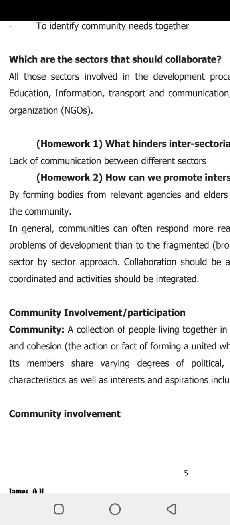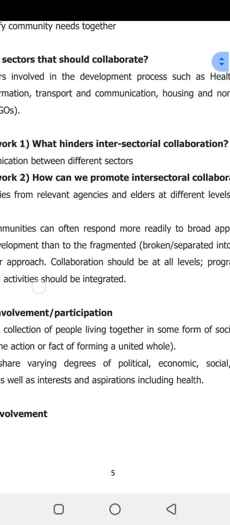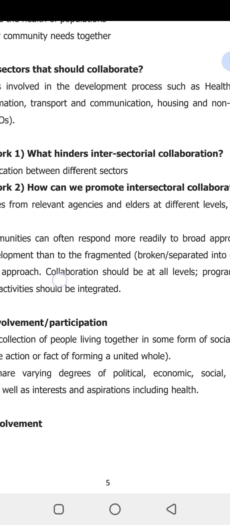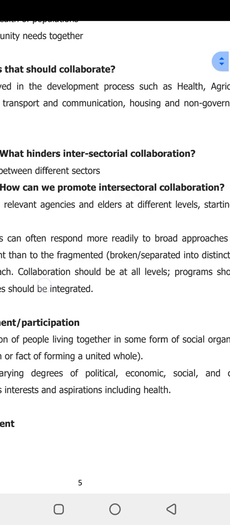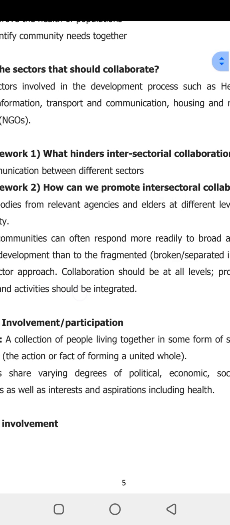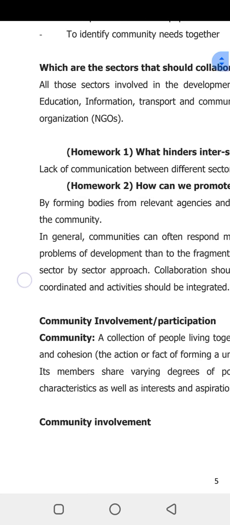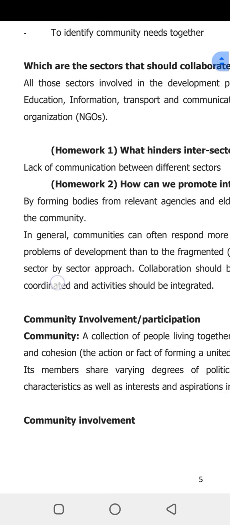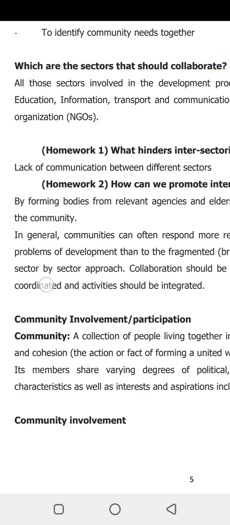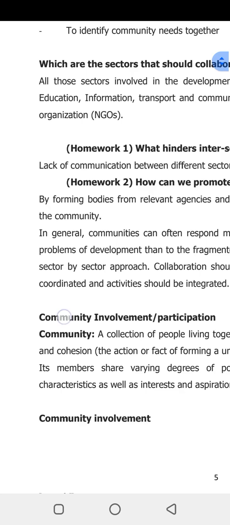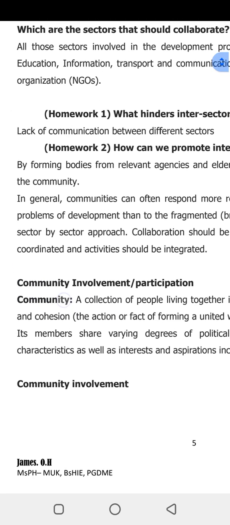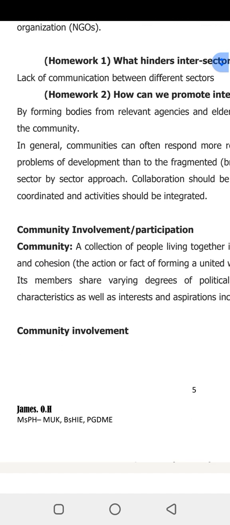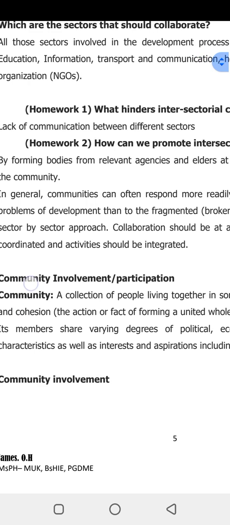There's now homework here. Homework 1. What hinders intersectoral collaboration? And the answer is lack of communication between different sectors. That is the first answer there, meaning that as you go through during your free time, you try to generate a number of answers that hinder